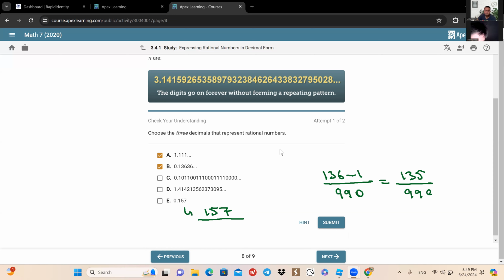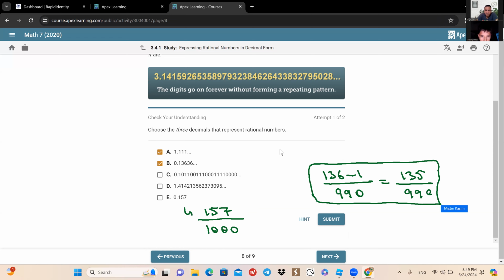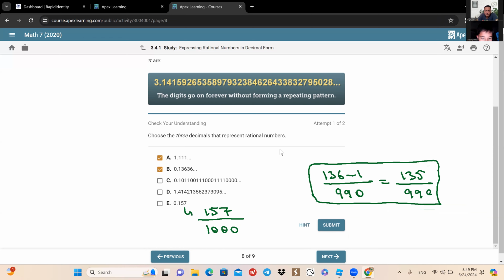Divided by 1,000. Because after the decimal point, we have 3 digits, right? But when you have free time, you should think about it one more time, because it's a really important concept. You're going to do this in the future. How to change this? We can just take it as x, multiply by 1,000, multiply by 10, and subtract. You will see this. If you have more time, I'll show it one more time. Okay, submit. Let's continue.